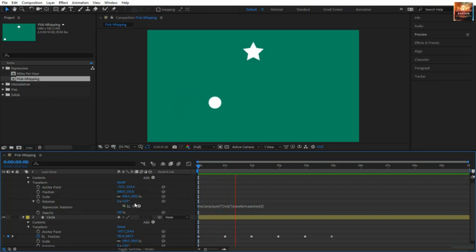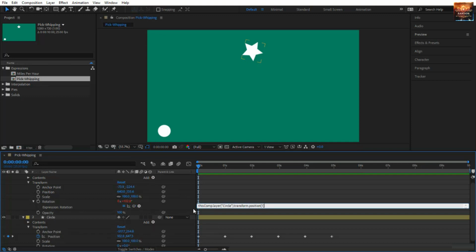Now it's not working at all, it's disabled. Or you can change it. You can change it in different ways. The first way is to give it another expression, for example. Actually, it will be nicer if you pick whip it to the Y. Notice the old expression disappeared, and now you're using from the layer circle in transform position 1, which is the